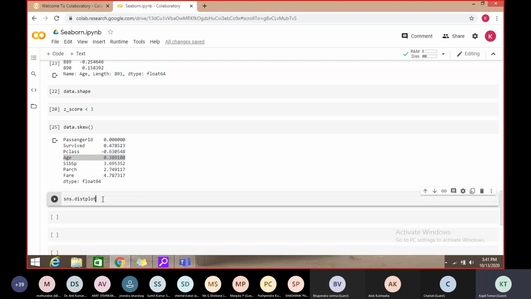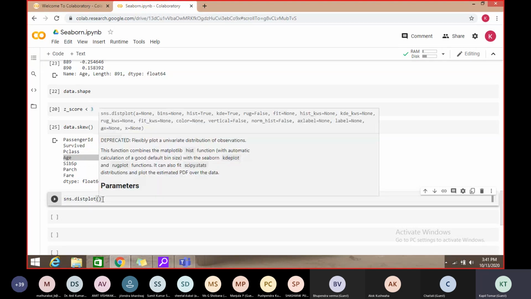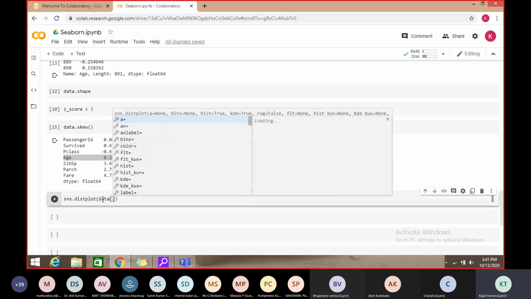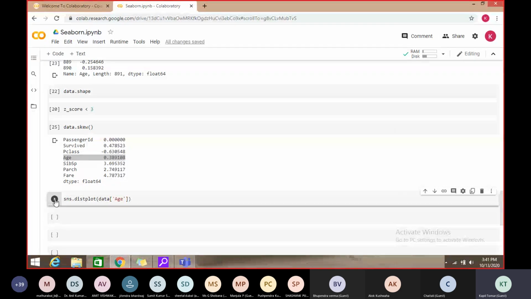So let us check the symmetricity of these values, in brackets age, for example. So we can see this, and we can call this.